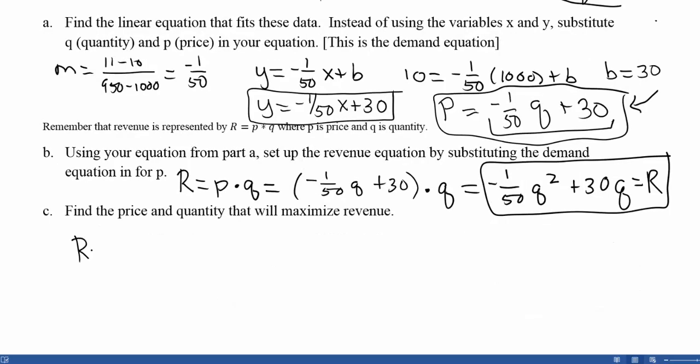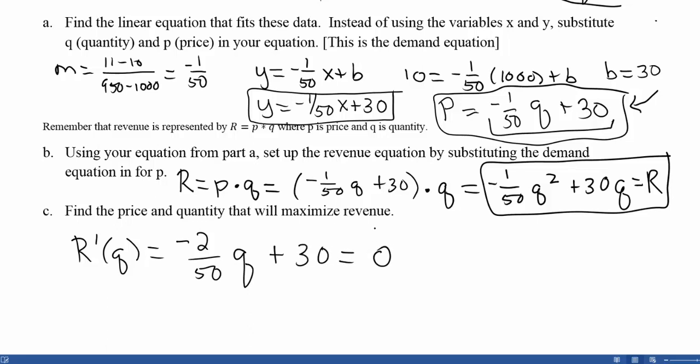So here, the first derivative of revenue, we go to the first term. I have negative 1/50th Q squared, so the 2 comes down. I have negative 2/50ths Q to the 1 power, plus the derivative of 30Q, which is 30. And I want to know, when does that equal 0? So now I can take my Q term and bring it over to the right,